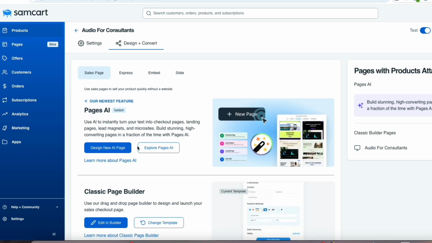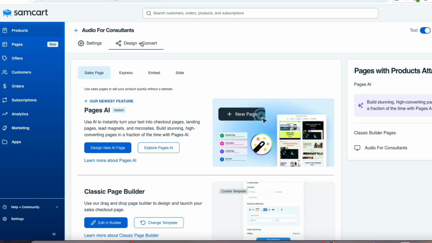So in the back end here, let's just say this is a product that you created. So we're at products. And before we do that, if you sign up for their monthly plan that scales with you, I mean, you pay more, the more you earn, that's the type of plan they have in here. They have Beta Pages, which is their own page designer. And it's pretty cool. I have not tested it. If anyone does test it, let me know, from a conversion standpoint. I like the fact that it's all in one. So you have that page, and then you could also set up so they can deliver on the